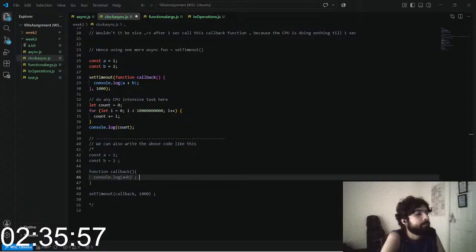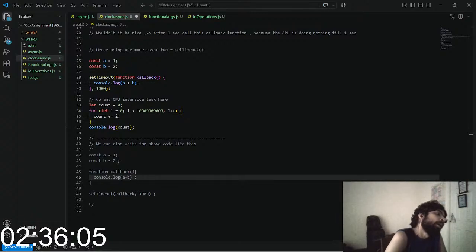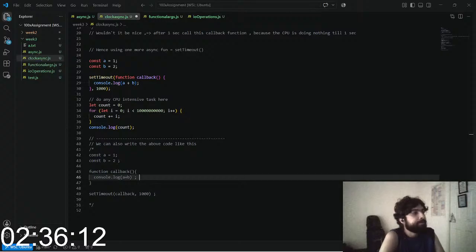Only after the whole thing ran for a really long time is when the clock started. So if I run this again, now 1 second हो गया, 2 second हो गया, 3 second हो गया, but nothing is getting logged. Why? Because the operating system is telling me कि यार callback को call करने का time आ गया after every second. But I am busy doing my own thing. It's like if I have 5 washing machines that